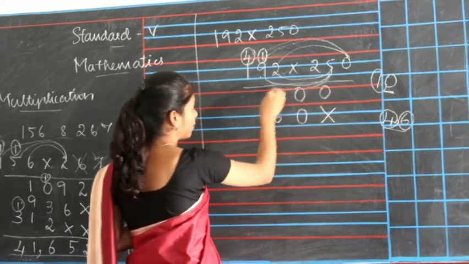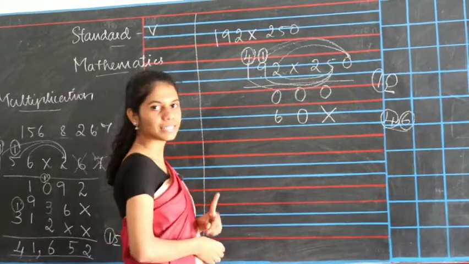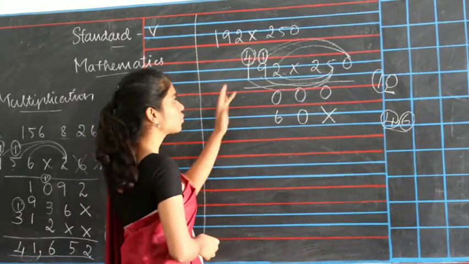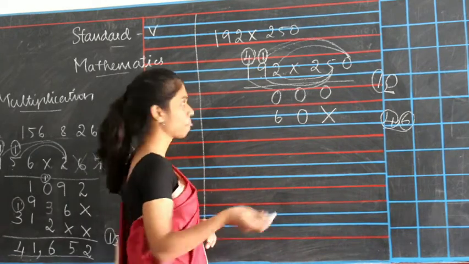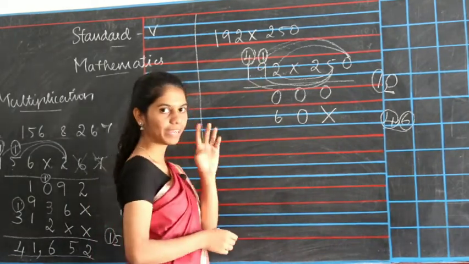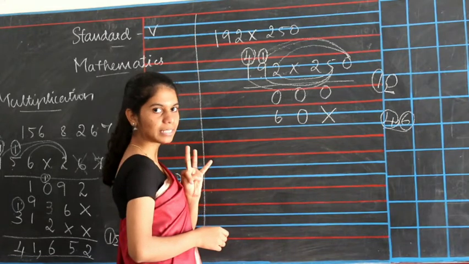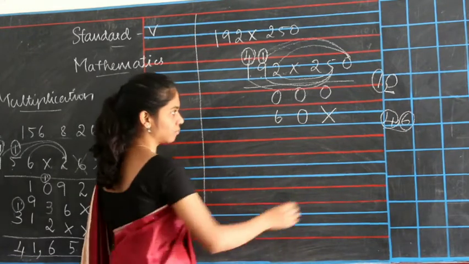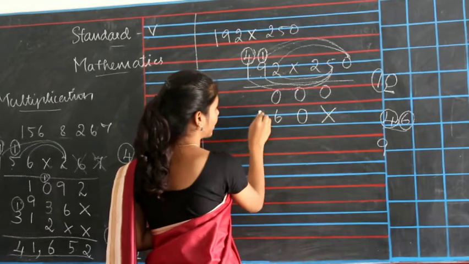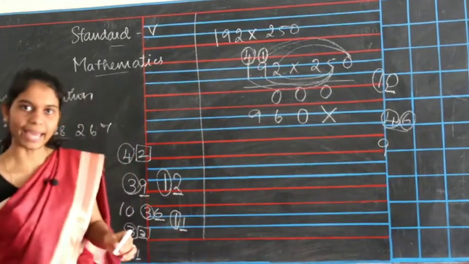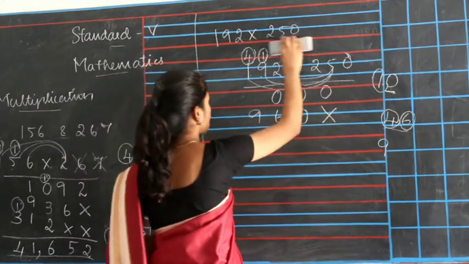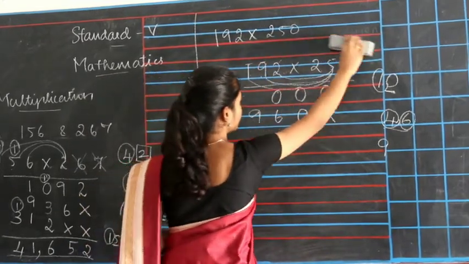Now 5 into 1 will give you 5 1s are 5, right? So any number multiplied with 1 will be the same number. 5 1s are 5. 5 plus 4, 5 in your mind, 4 in your finger. 5 after 6, 7, 8, 9. So you can write 9 here. And now see, you will erase the carry so that you won't get confused. Okay.